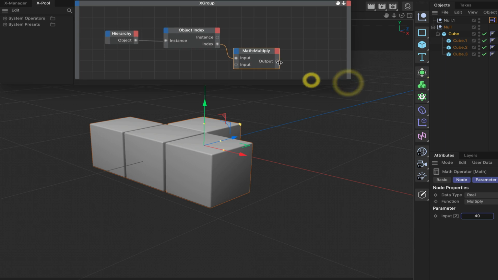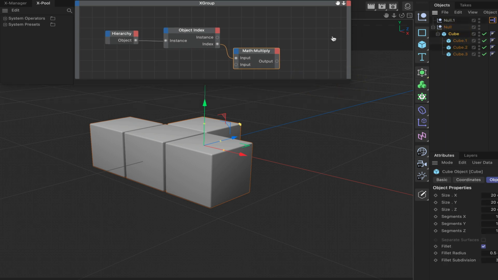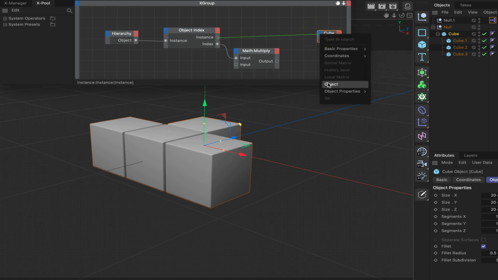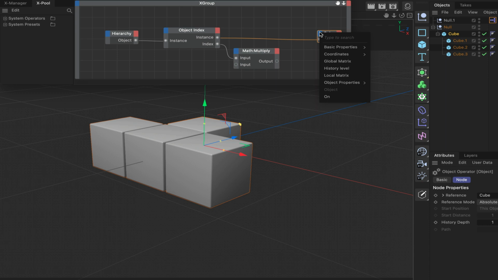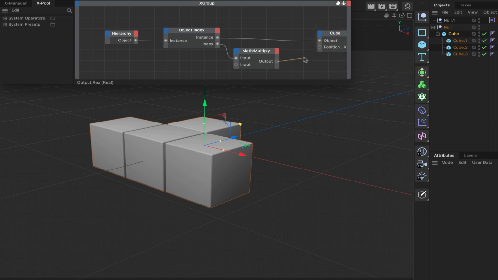And then we get a hold of one of our cubes. It doesn't matter which one, we'll just use cube for the sake of it. We can connect our index to here at an object port, and in the coordinates, if we bring a coordinates port in, we'll say position X, and we connect the output of the multiply,